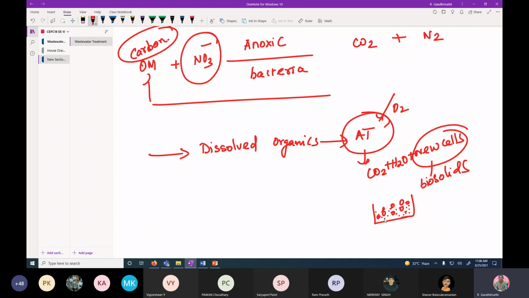The reason is that, even though you are passing only the dissolved organics, the liquid, into the aeration tank, because of the aerobic decomposition, that leads to the production of new biosolids. Therefore, at the outlet of the aeration tank, you can see not only the wastewater along